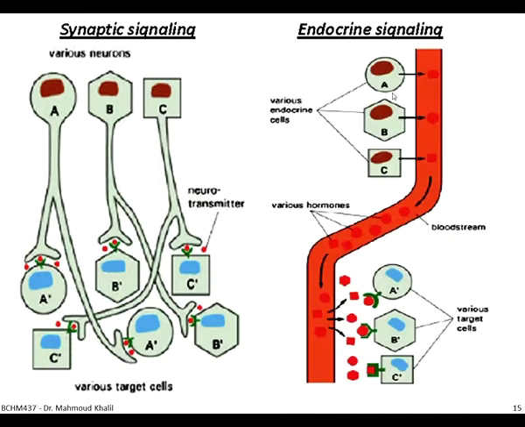The same is the case for endocrine signaling. You have three different endocrine cells that secrete three different hormones, and each hormone has a specific receptor on each specific target cell. So you can see the major difference from this diagram: the signal conveyed by the endocrine signal is much diluted. So you need a high concentration of hormone secreted into the blood in order to make sure that this hormone will find its target cell.